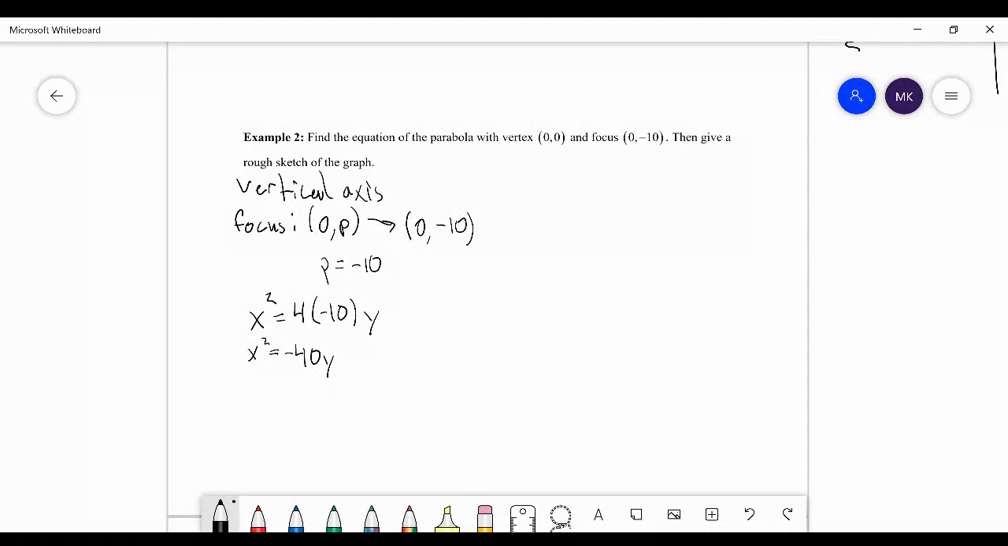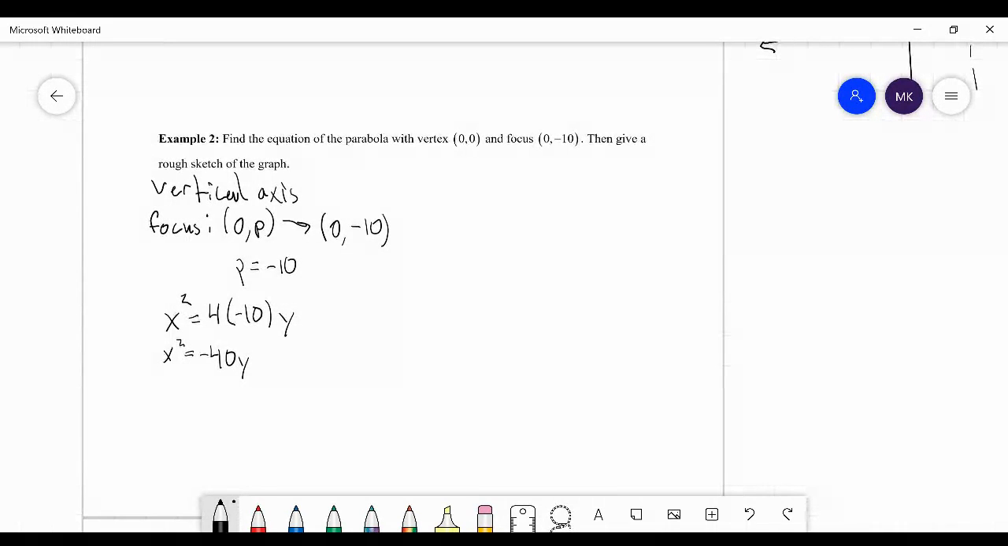So, is this going to open up or down? All right, well, we know our vertex is at 0, 0, and our focus is at 0, negative 10. So is this going to open up or down? Well, remember, we just have to say, okay, we know this is opening up or down. P is negative. Negative values are down, so this opens